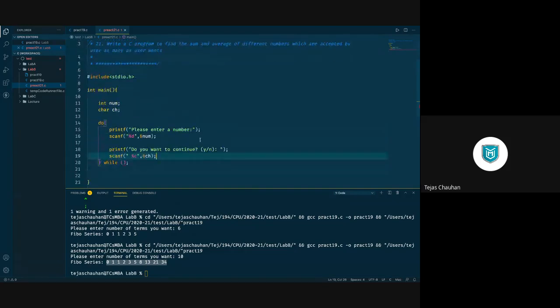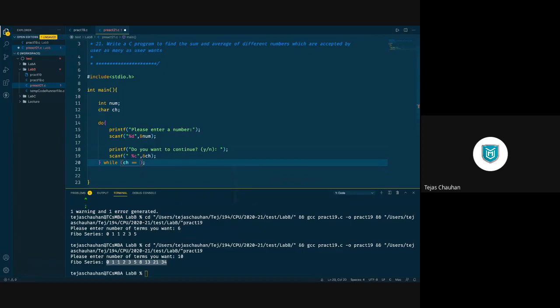So try to understand what we have now. We take a number from the user and then we ask the user, do you want to continue? Yes or no? The user will give some answer. Now we need to compare this ch in this while condition.